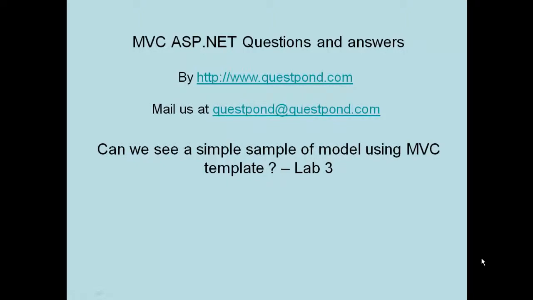So in the coming up video, what we will do is we'll create a simple screen, where we can go and enter customer ID, customer code and amount, and there will be a submit button, and when you click on the submit button, the customer object will be populated, and then we will display the customer object in a different screen. Okay, so in the coming up video we will see how we can create a simple input screen using the MVC template.